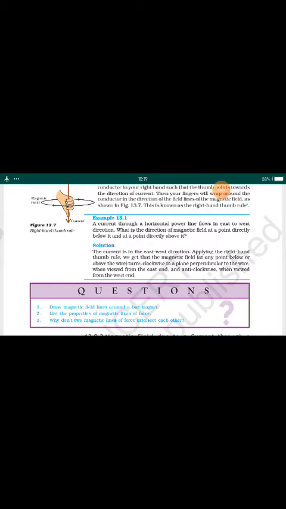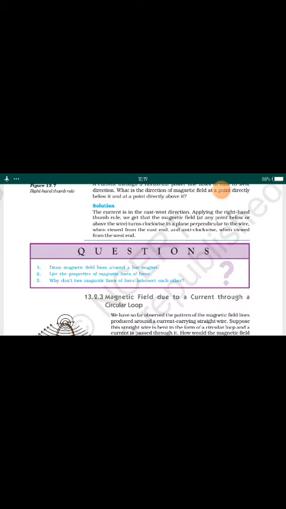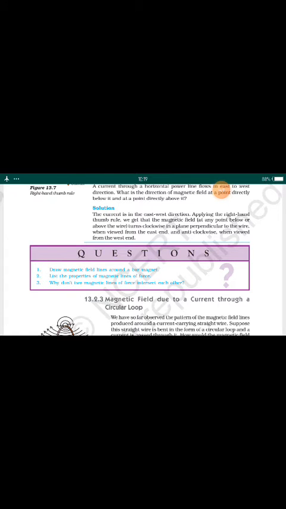What is the direction of the magnetic field at a point directly below it and at a point directly above it? यहाँ पे सॉल्यूशन दिया है। The current is in the east-west direction. Applying the right hand thumb rule, we get that the magnetic field at any point below or above the wire